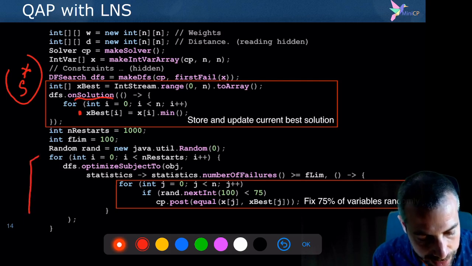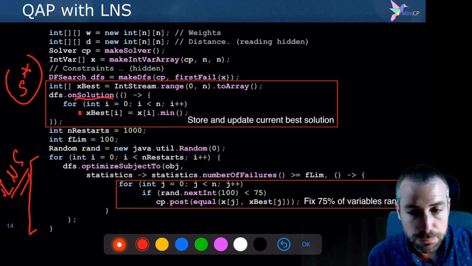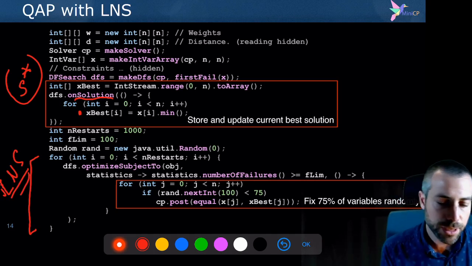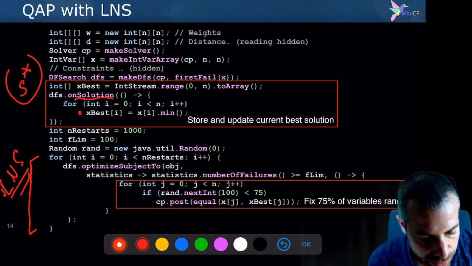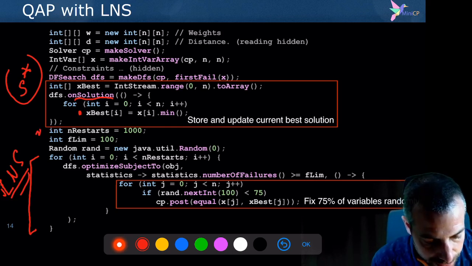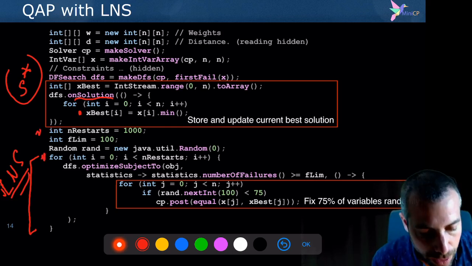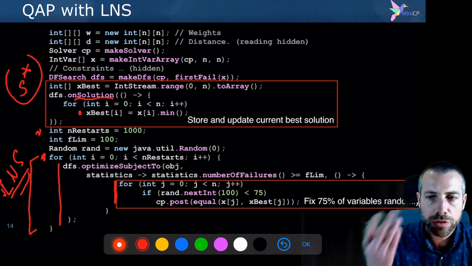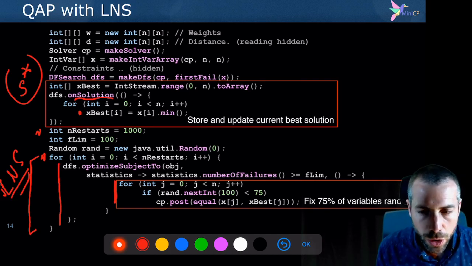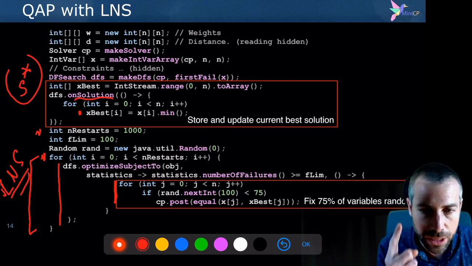And then this is my LNS loop. I will give it a number of restart budgets, okay, because I don't want to solve this problem forever. Let's say I want to solve it in a given number of iterations, which is fixed here to 1000. This is why I have this for loop. And then I will optimize subject to some constraint. And the constraints that I state inside the block optimize subject to, that you see here, will be removed on the next restart. Okay, so they will only remain imposed in the model for just one limited restart.